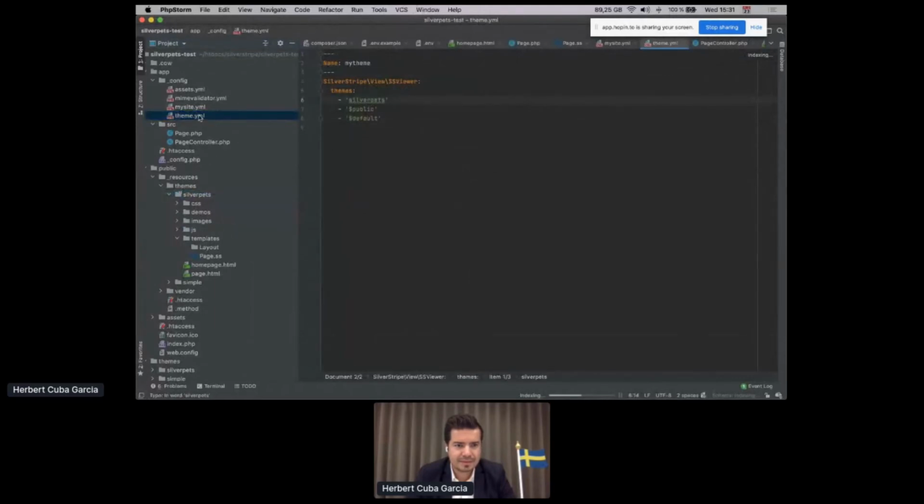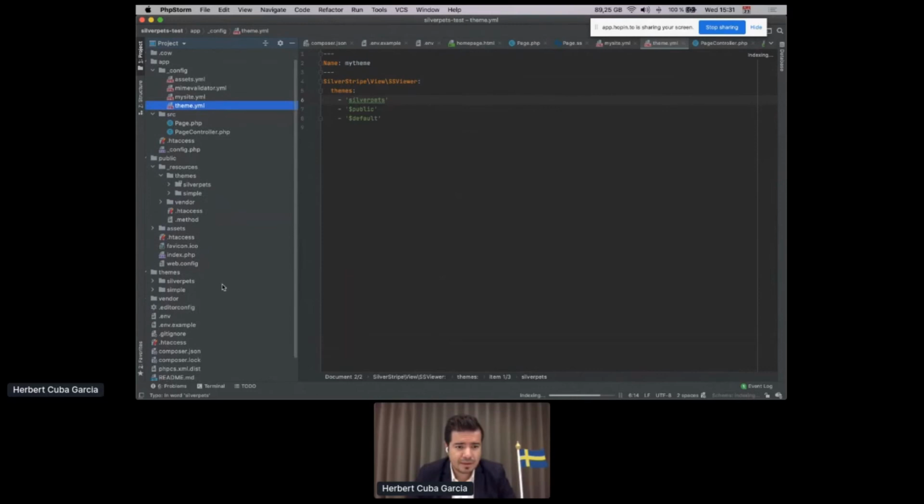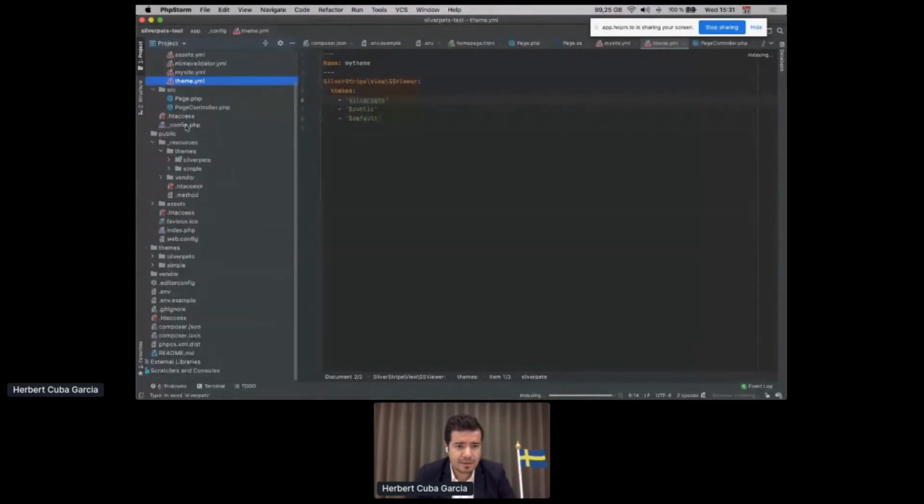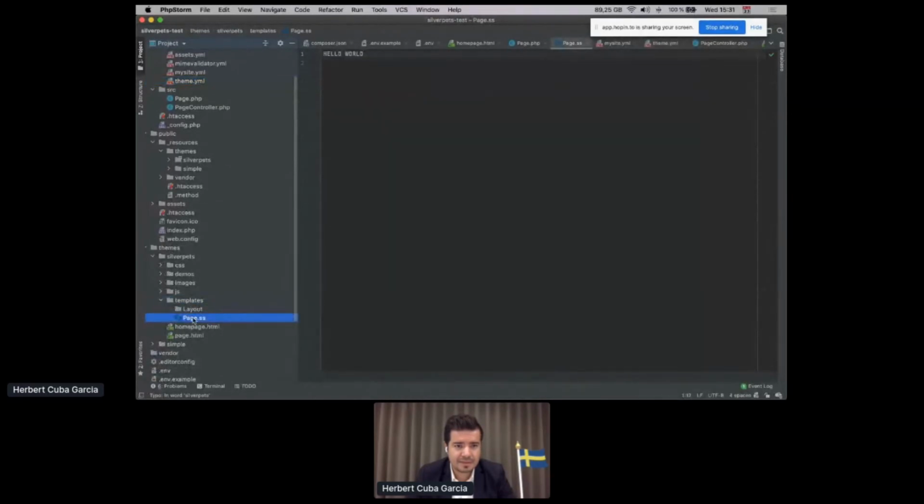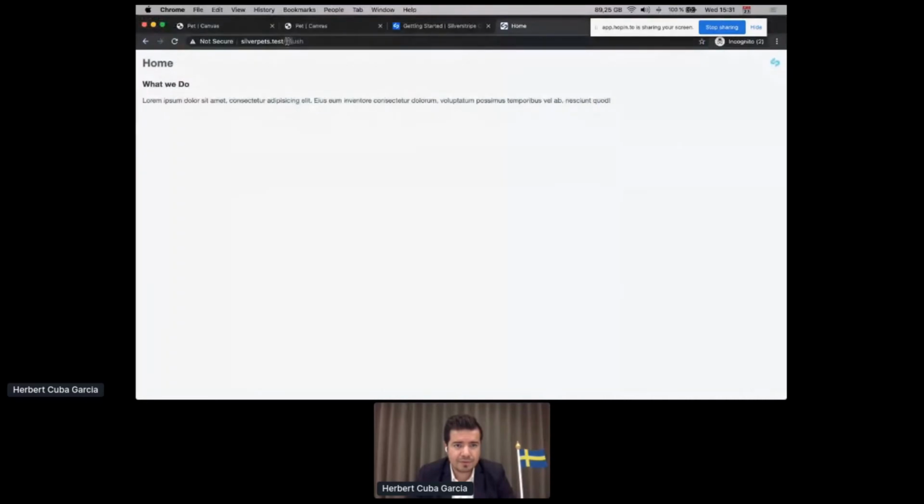All right, silverpets looks good. The naming is good. So let's see what could be wrong. Templates correctly spelled, page.ss. Maybe if we do